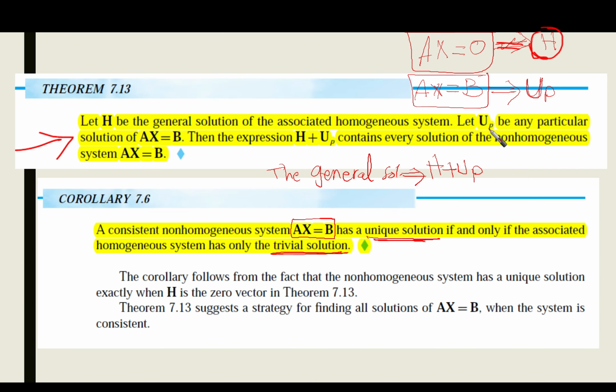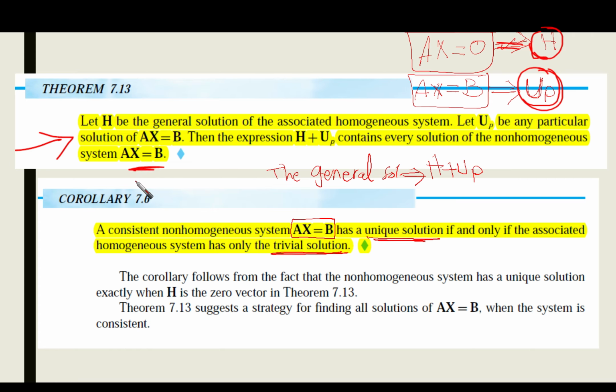And let UP be any particular solution of AX equal B. We have the non-homogeneous system, which is AX equal to B. Its particular solution is going to be UP. Let's assume that we have UP for this non-homogeneous system. Then the expression H plus UP contains every solution of the non-homogeneous system AX equal